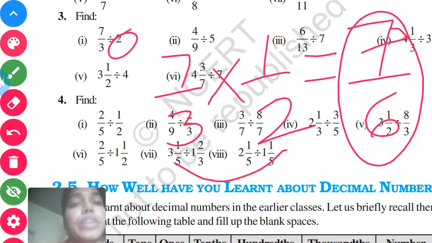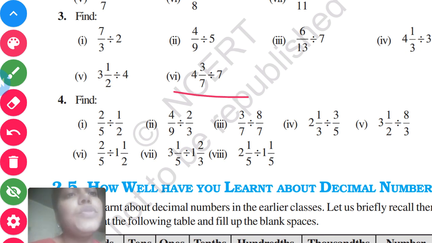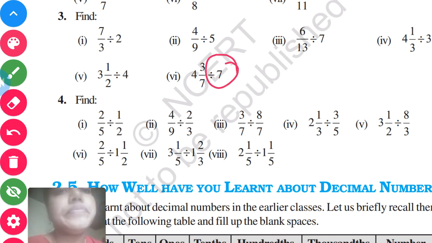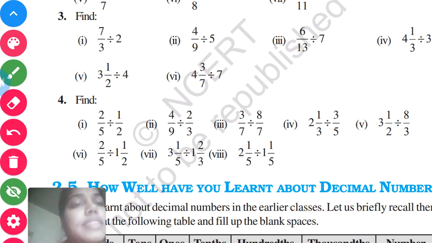So I hope you have understood with the whole number in this process, and particularly I would like to give you a hint about this sum. Convert this into an improper fraction and then go for the division process. Keep, change, flip. That is, you're going to find the reciprocal of your right hand side number, that is 7. Fine. The fourth one also is the same thing. I don't feel you will find any difficulty.